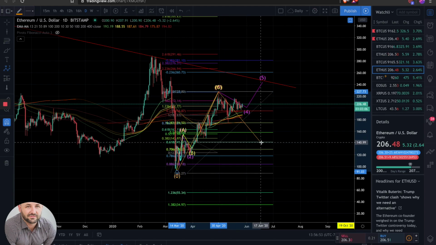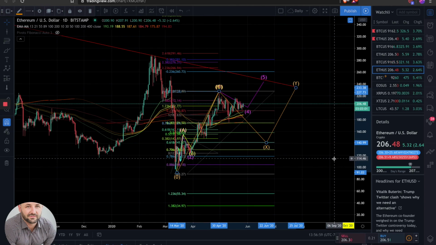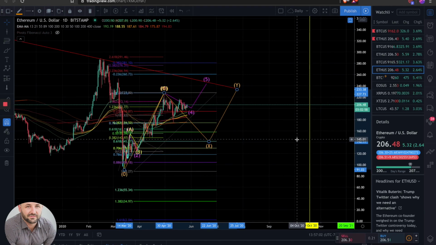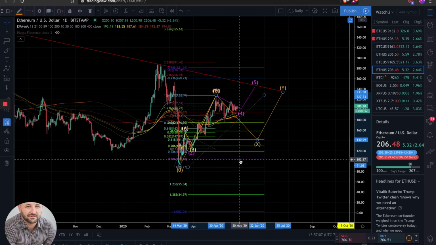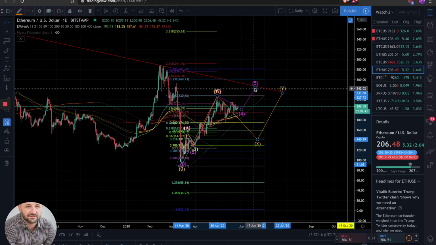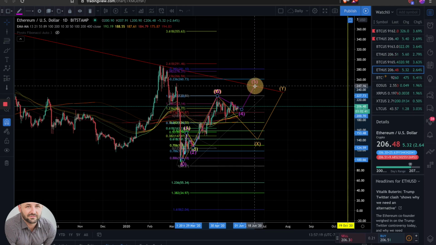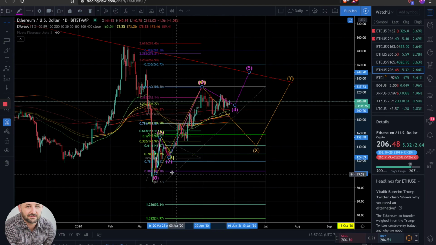So basically, we would have something like this here. But ultimately, that would mean that we need to correct again to the downside before we can officially kick off with a bull market, or a little bit more of a bull run. So if we get another leg up for ETH and we break that 230 mark, then I'd be considering that potentially the 5th wave. Ideally the 5th wave target would get us up between that 265 to 250 mark. We can get a little bit more specific as we see some wave structures play out. But that's where I'm leaning a little bit more towards,